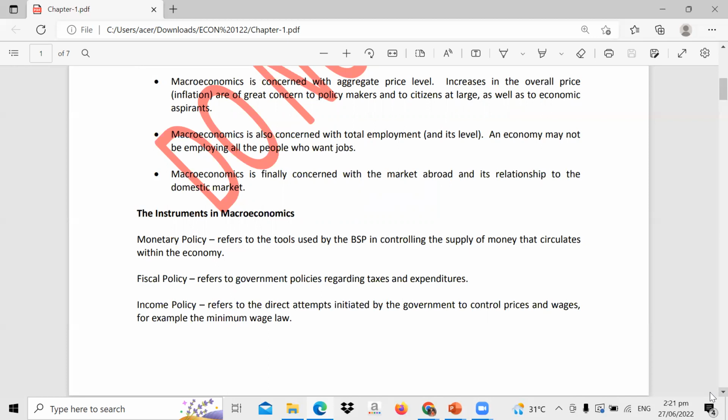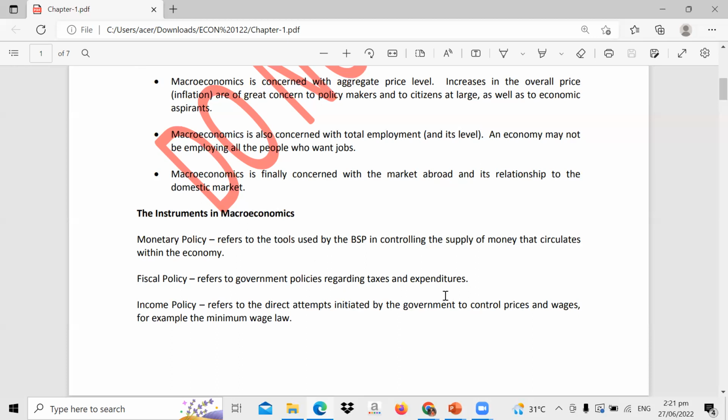So you talk about, again, monetary policy, the interest rate, and the availability of credit. Fiscal policy refers to government policies regarding taxes and expenditure. So again, this is more on the dictate of the Department of Finance. Ang kaning fiscal policy, it's more on the government actions. So in general, it's all about taxes as well as the spending.